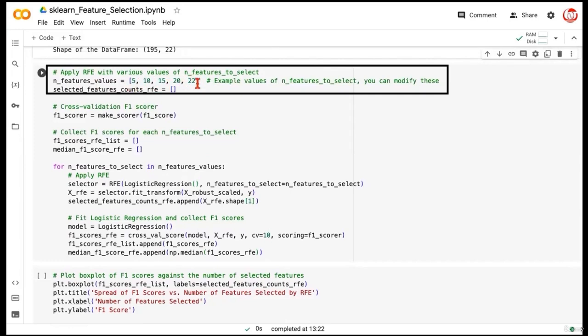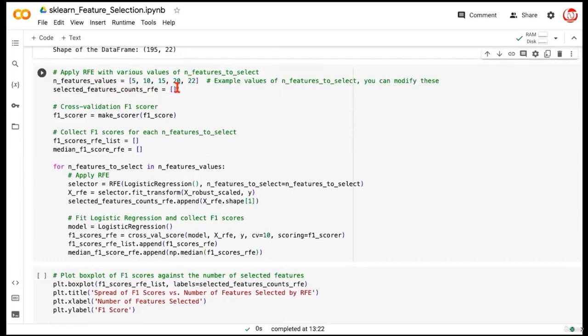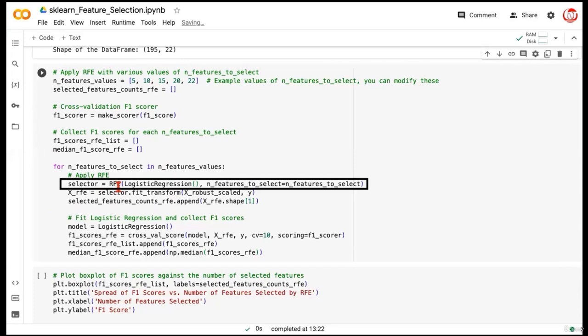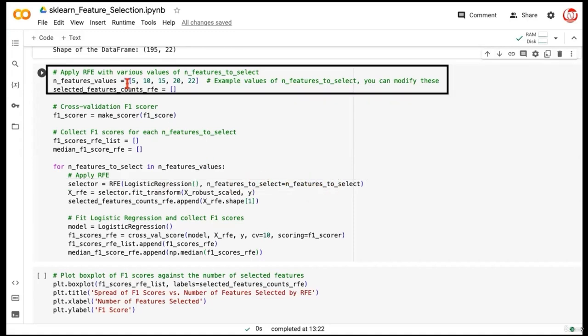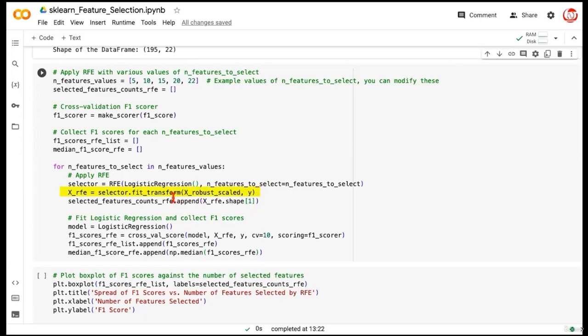So we are saying we'll create a list of features. We again created an empty list to update the feature count, created a scoring function, created 2 empty lists to update the F1 score raw values and the median, and same loop kind of a thing, where we are saying for each choice of number of features in the list of features, we are going to apply RFE. RFE requires the model as the input, requires the other input as the number of features to select, which will come through this list. Then we do a fit transform, and then we append the number of features as per